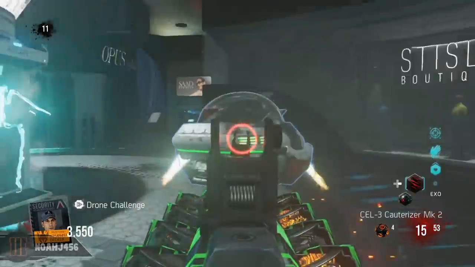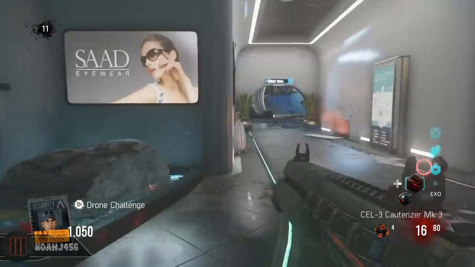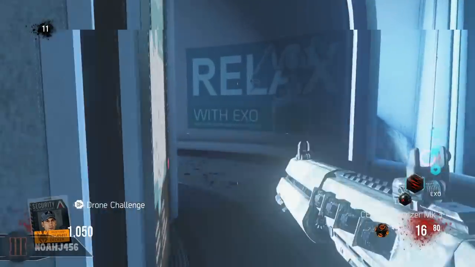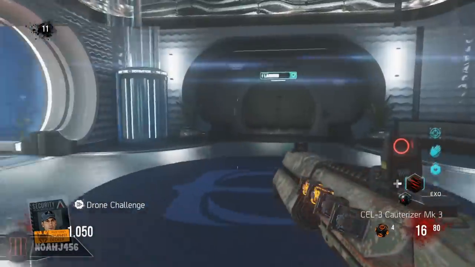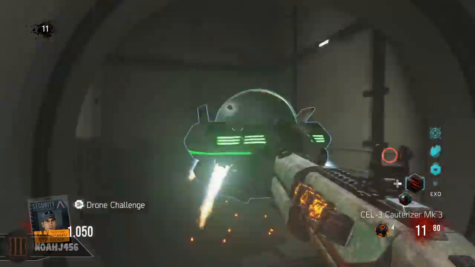Now, this challenge, the hardest part is making sure the zombies don't die out while you are hunting for drones. So I recommend actually doing this on an early round and just running around the map with a powerful gun and trying to do this in the middle of the round, because the zombies can die out, and if they die out, you will fail the challenge, because if it starts a new round,